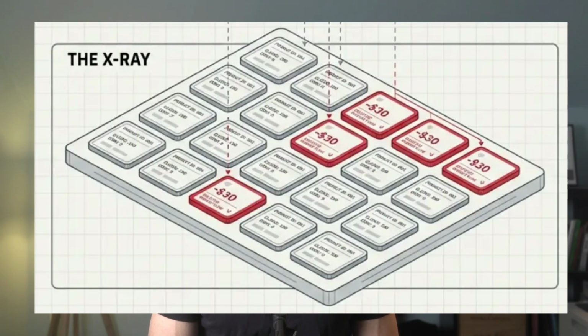There are a handful of ways a Google Ads account bleeds money without you ever seeing it. I'm going to do one per video. This is profit leak number 1, and it's the first thing I fix in almost every account I take over. It's a small group of products that spend real money every month and lose it. Not many, usually a dozen or two, depending on account size. But they are scattered across all of your campaigns, so no single screen ever shows you the damage, and it